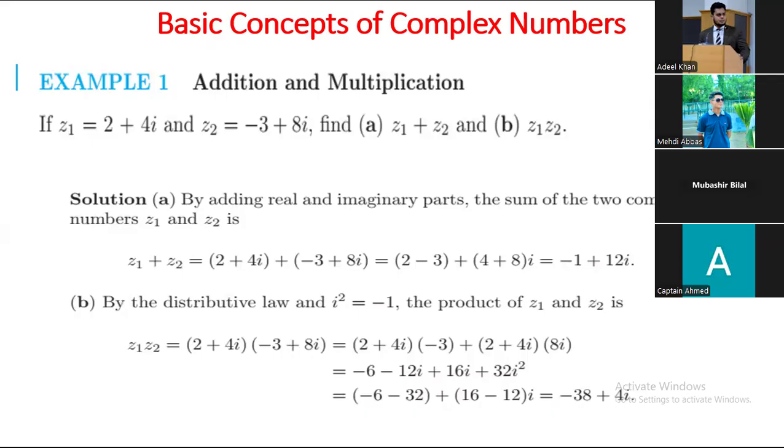Both the real numbers, -6 and -32, add up and we get the value -38, and 16 minus 12, subtraction and addition with each other, we get the value of 4 iota. So in this slide we have concluded the example of complex number addition as well as